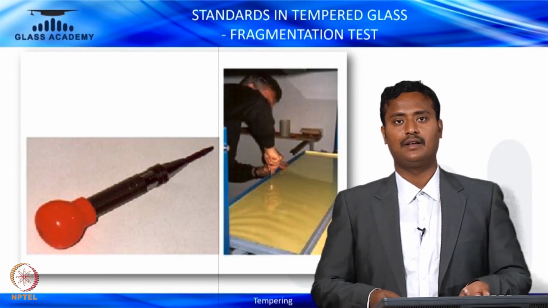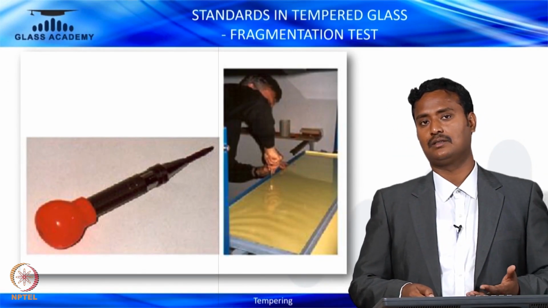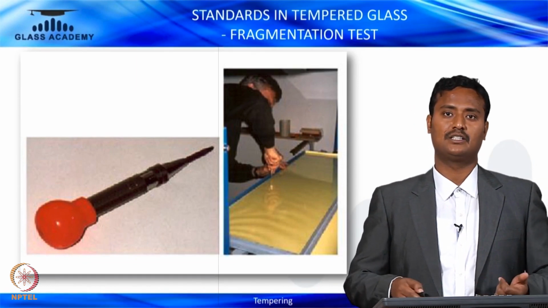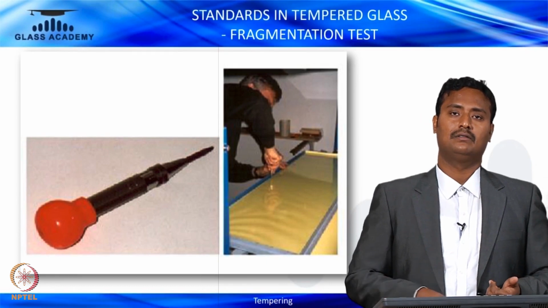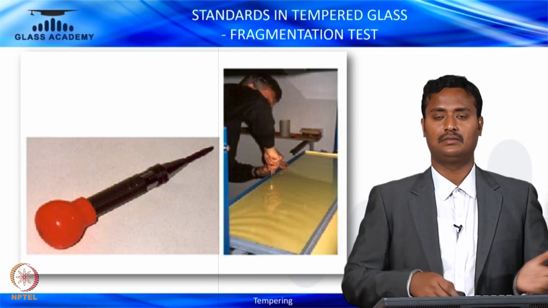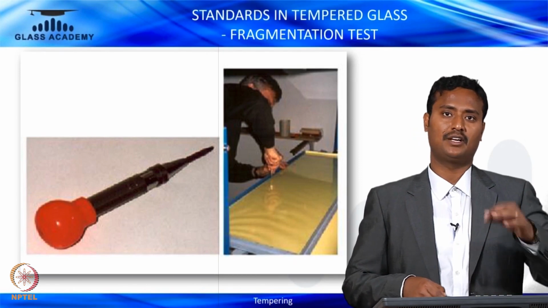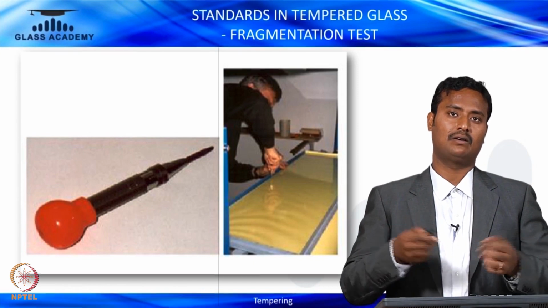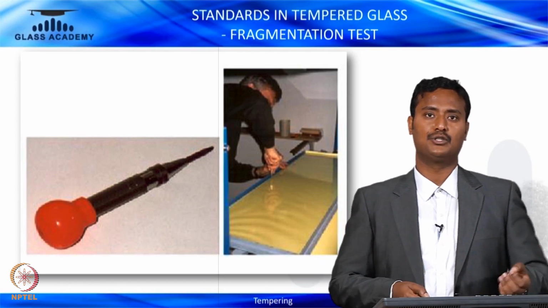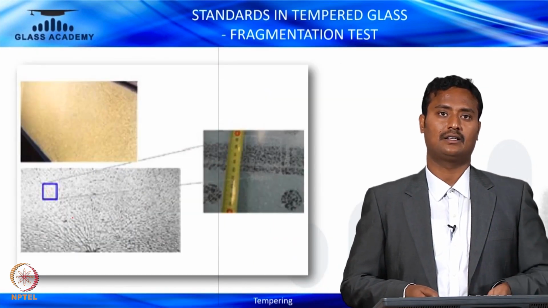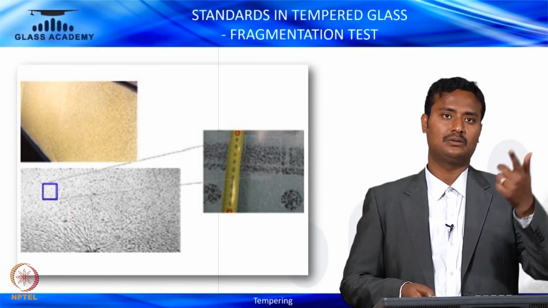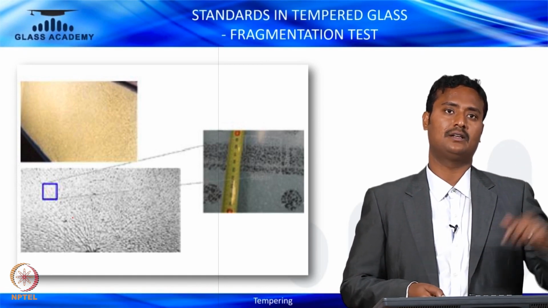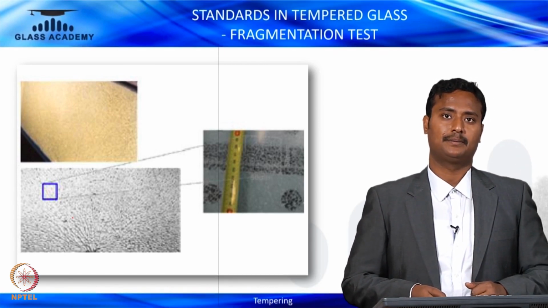Having said that, we already discussed this fragmentation test. This test has been conducted on a 360 by 1100 sample. From the center, you have to keep a 13 mm distance. You can take either a sharp knife or a kind of tool that can be used for testing. Once you have done it, you have to mark it and measure how much it is coming, with the stipulated marked blue point over there.